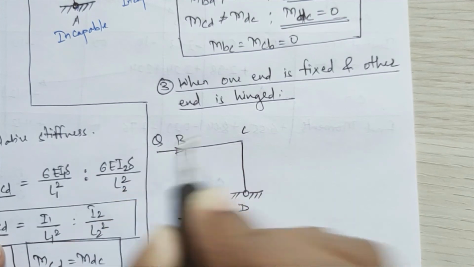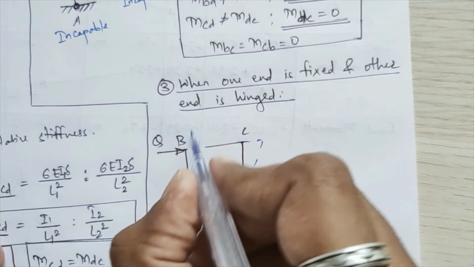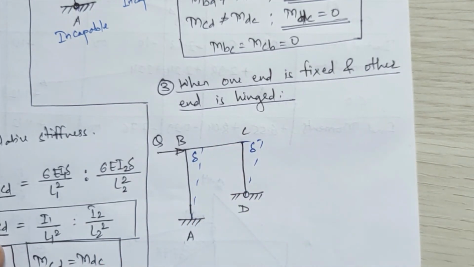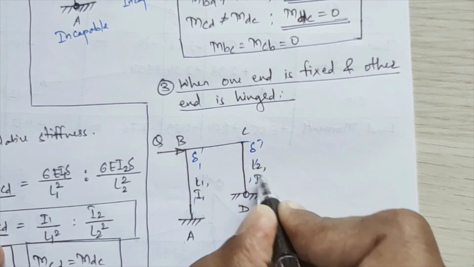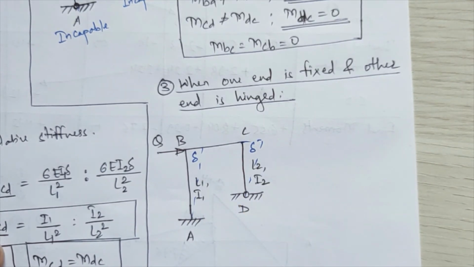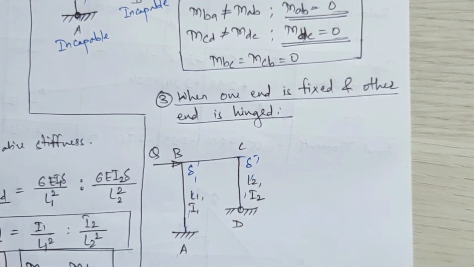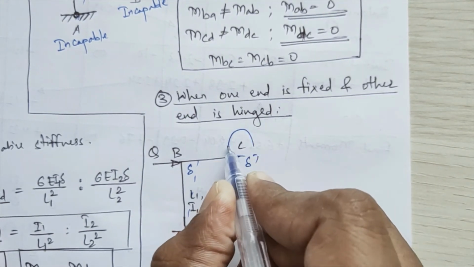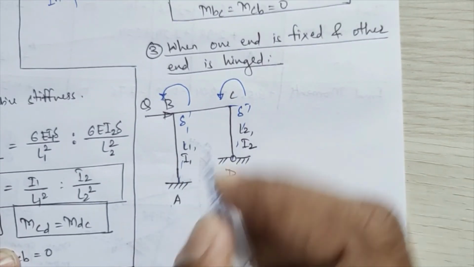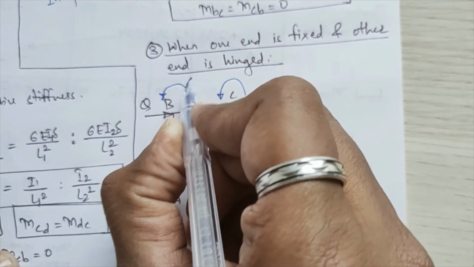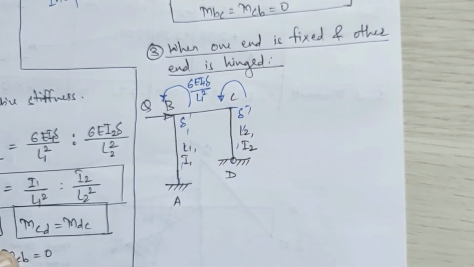Due to this lateral load Q, again this frame will sway by an amount delta. Length of your first member is L1, moment of inertia is I1, length of your second column member is L2, moment of inertia is again I2. If I now conduct translation rotations, that is translation rotation induced due to this delta at point C and due to this delta at point B, here we have fixed support. So the translation rotation induced value will be 6EI delta upon L square, I1 L1, right?